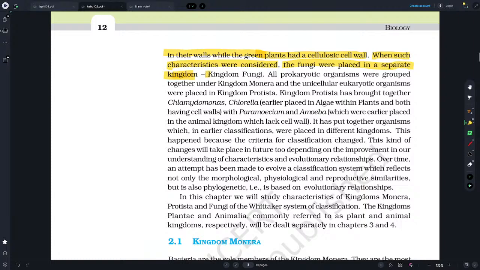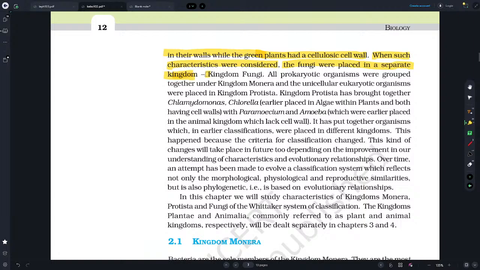Bacteria reproduce mainly by fission. This is a dividing bacterium. This is the cell membrane. This is the cell wall. This is the nucleoid. And this is the junction. They reproduce mainly by fission. Sometimes under favorable conditions they produce spores. They also reproduce by a sort of sexual reproduction, by adopting a primitive type of DNA transfer from one bacterium to another.